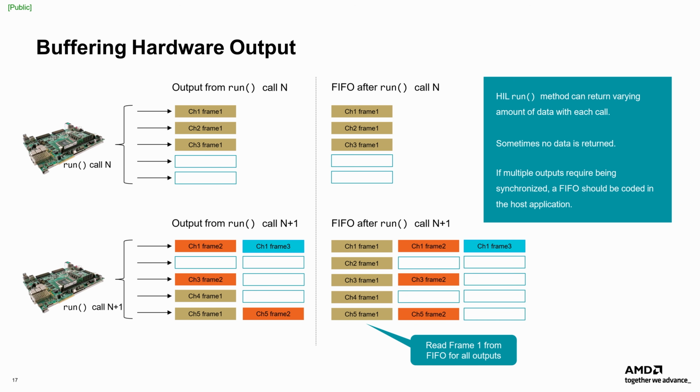To handle this variability effectively, buffering techniques are often used on the host side. Buffering ensures that all returned data is properly captured and organized before it is analyzed or passed to the next stage of processing. By combining real hardware execution with flexible host-side analysis, hardware-in-the-loop provides an efficient and scalable method for validating complex heterogeneous designs.